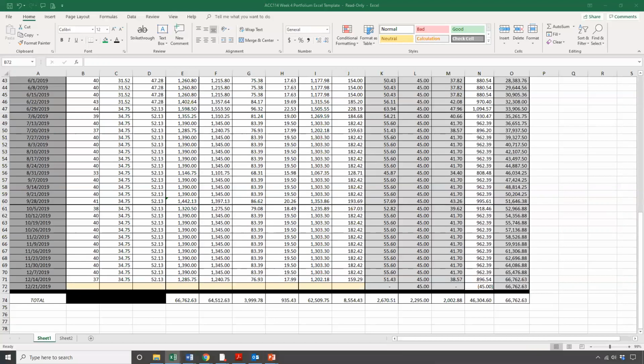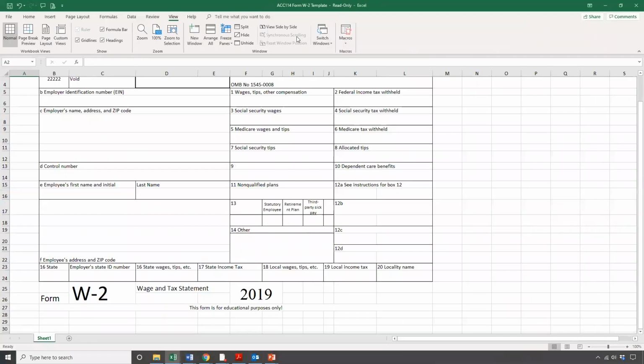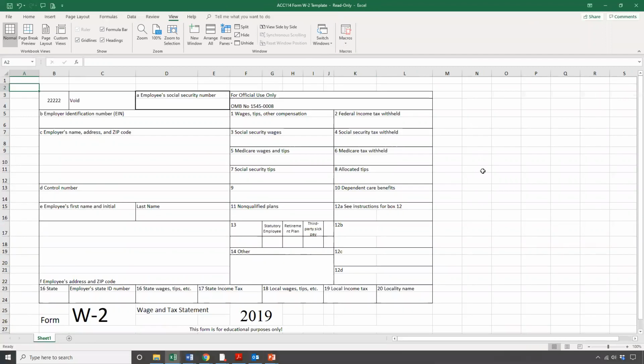I do. I have that here. This is the W-2 that you're going to fill out. There are some of these things that you're not going to have the information for on this form. So employee social security number, you're not going to have that. If the information is not provided to you, like the employer's identification number,